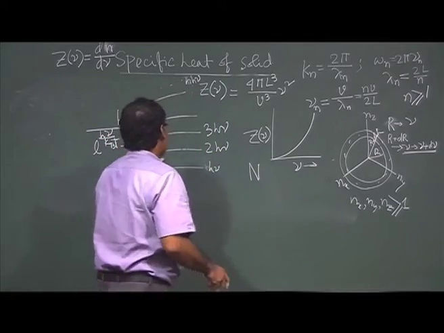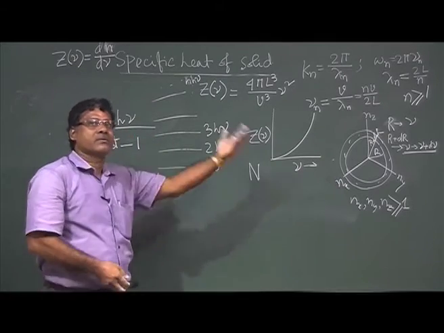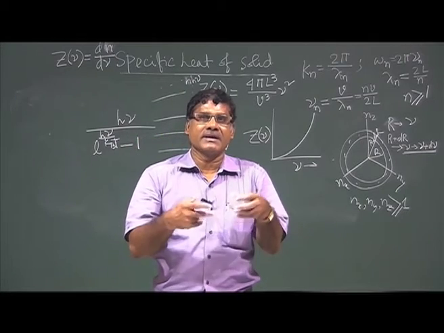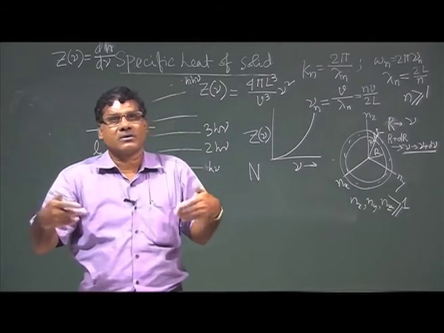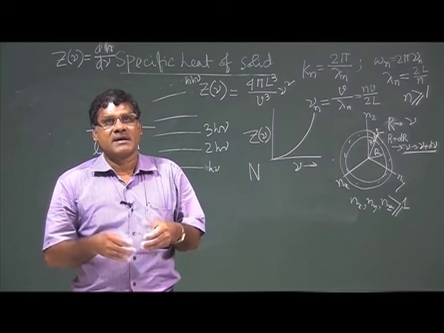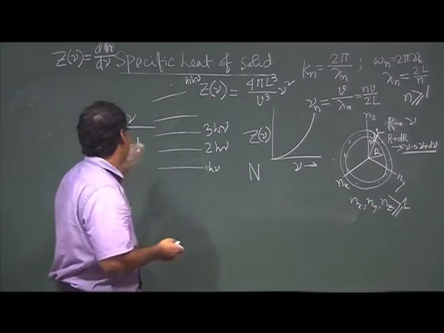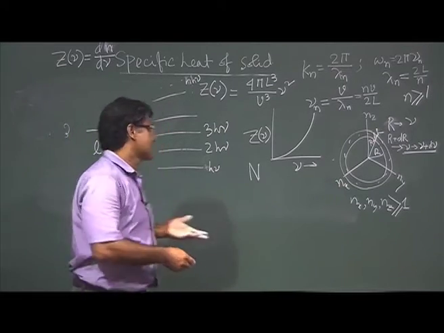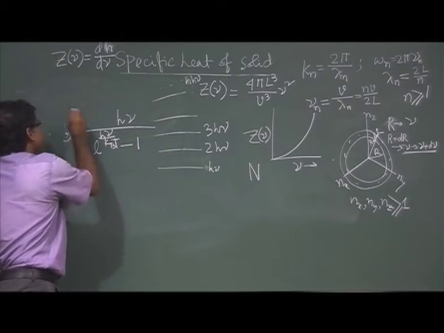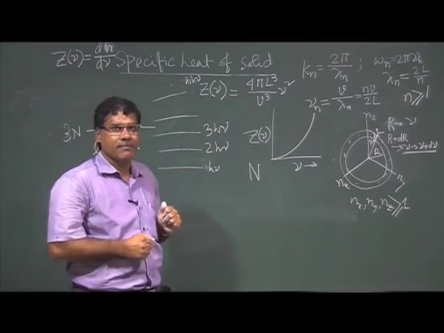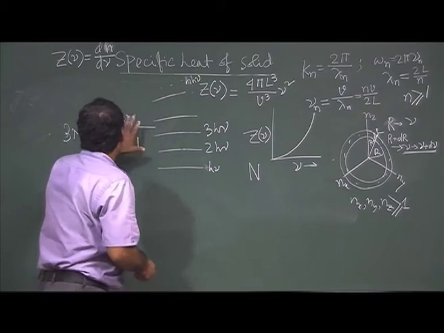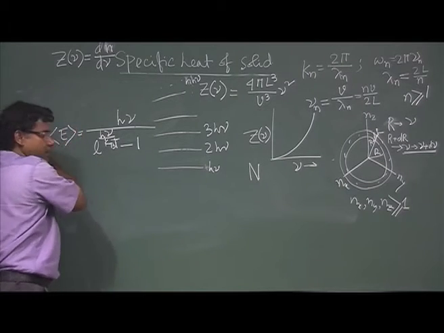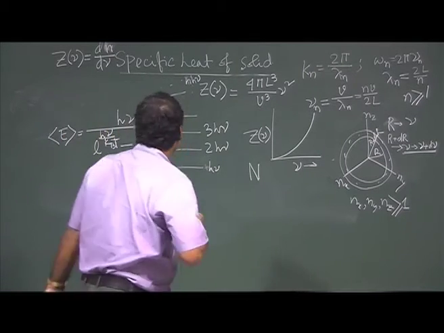Here, one mode is equivalent to Einstein's one harmonic oscillator, right. There he considered all harmonic oscillators oscillating with the same frequency, so he multiplied the average energy of each oscillator by the 3N number of oscillators, because they have the same frequency. Here, this is the average energy for each mode, that is, for each frequency.